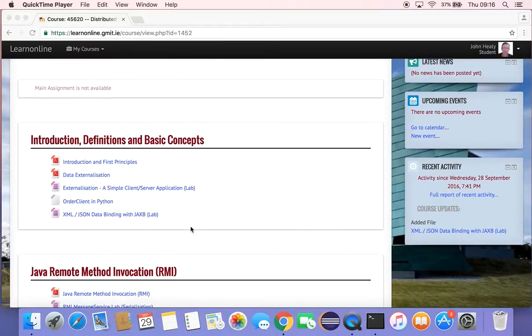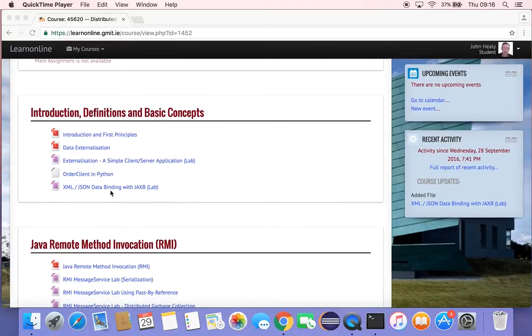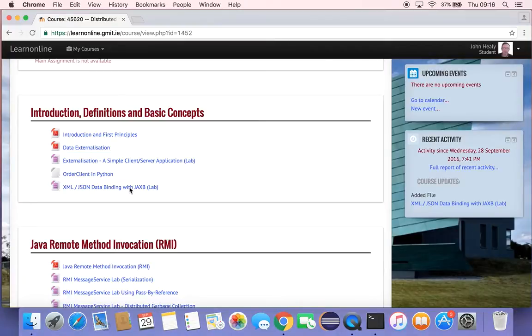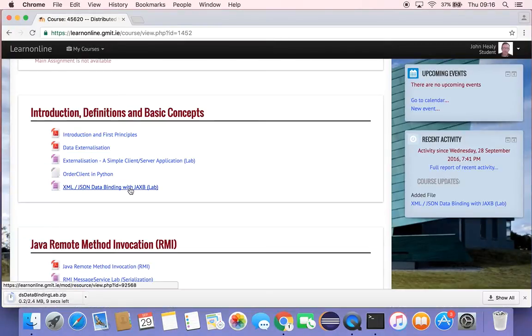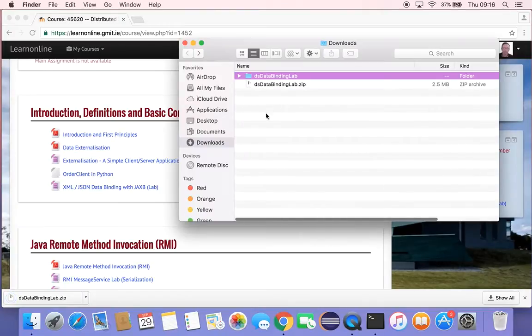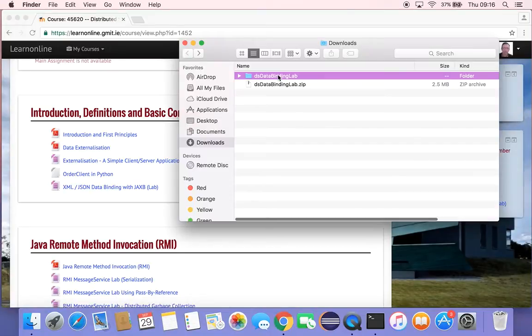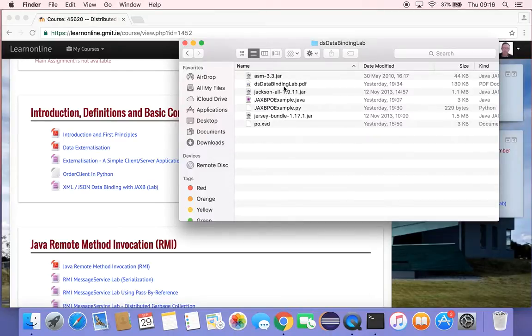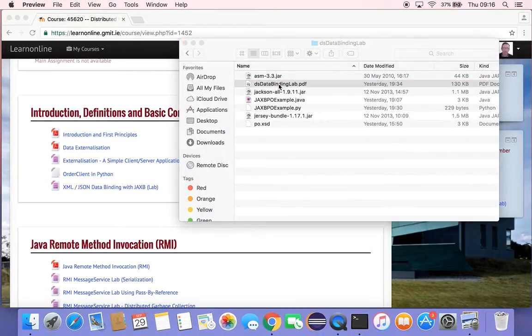under the section Introductions, Definitions and Basic Concepts, you should see a lab here, XML JSON data binding with JAXB. So what I want you to do is click on that, download the lab, and open it up. And we should have a file here called ds data binding lab.zip. I want you to unpack that, and that should create a directory called ds data binding lab. So if we go on in there, you have a PDF document which are notes to help you through this lab